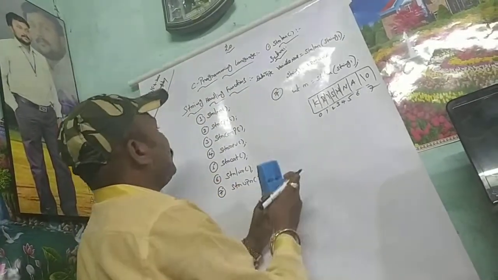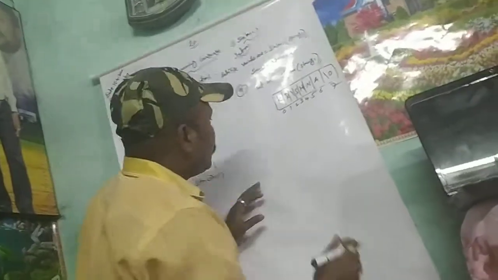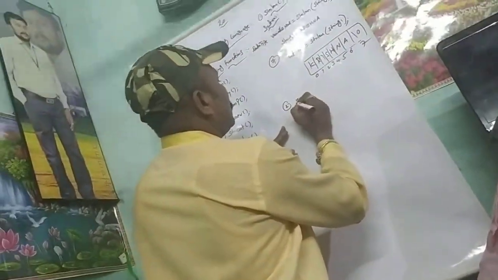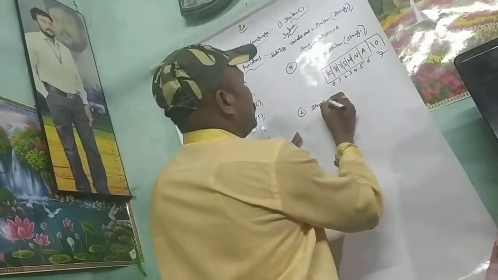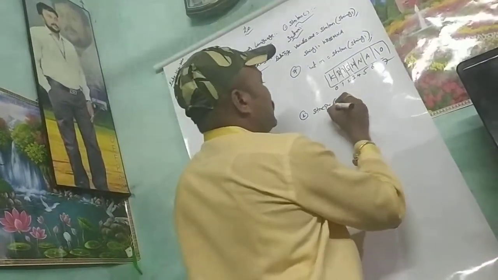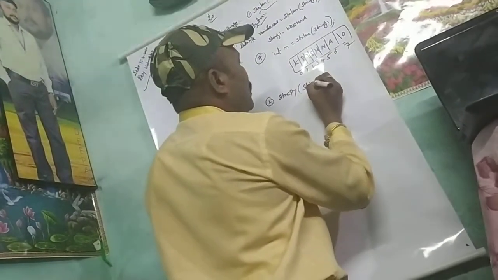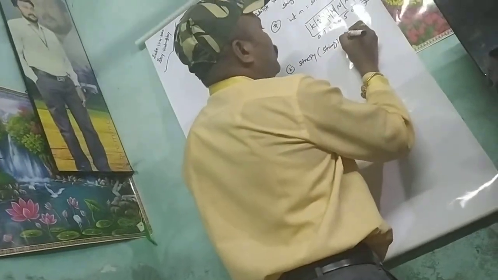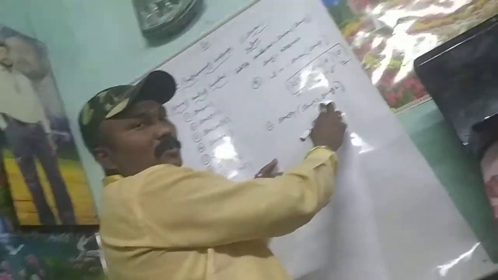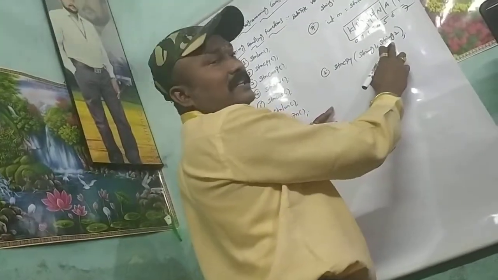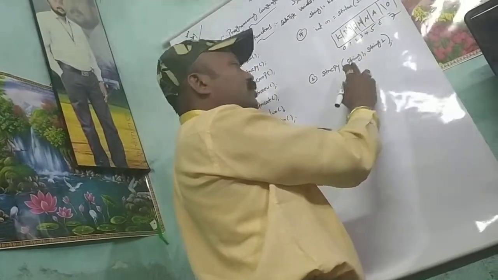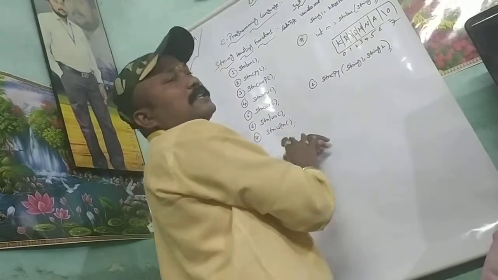Then the second one, my students, is string copy, STRCPY. String copy syntax is string 1 comma string 2. Now for example, string 2 is Rama. So that Rama, what happened? It is assigned into string 1, just copying into string 1.